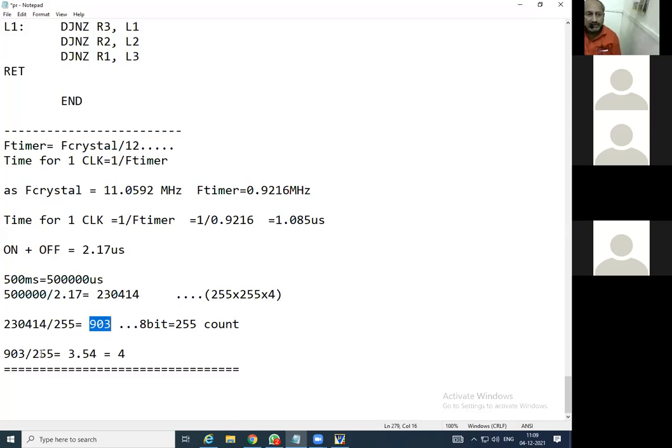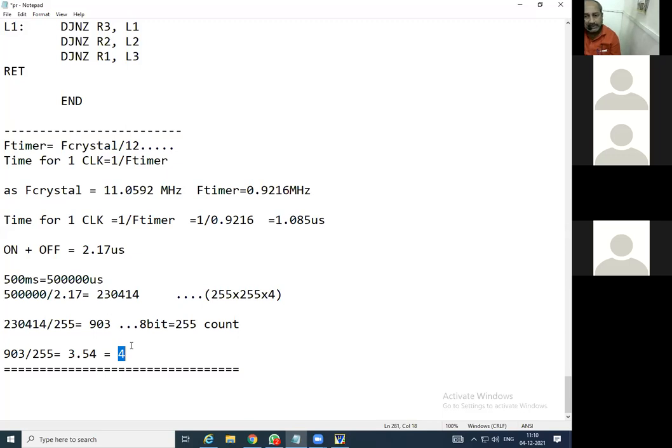So once again divided by 255, and it comes 3.54, that is approximately 4, because in decimal point we cannot enter the data, so it should be an integer. So the next possible integer value 4 we are going to consider.